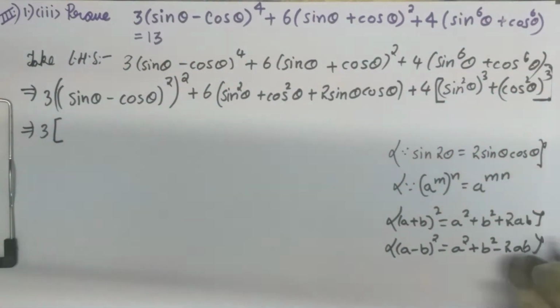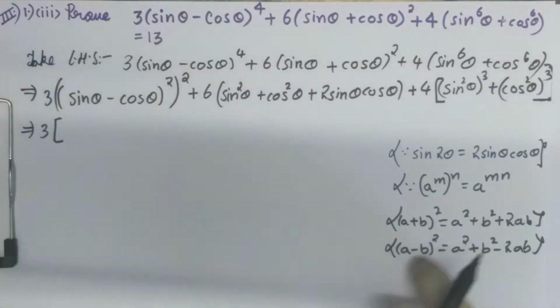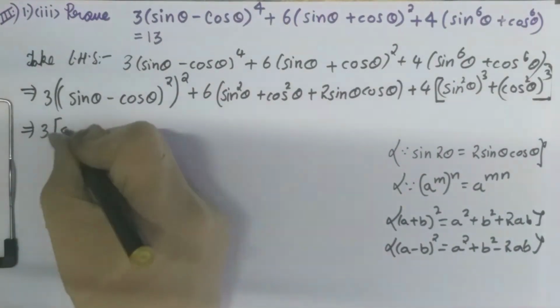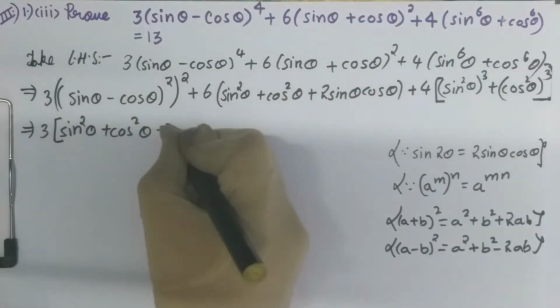Here a is sine theta and b is cos theta. So the LHS form is given to us. We have to write it in the form of the RHS. So a square, that is sine square theta, plus b square, that is cos square theta, minus 2ab, that is